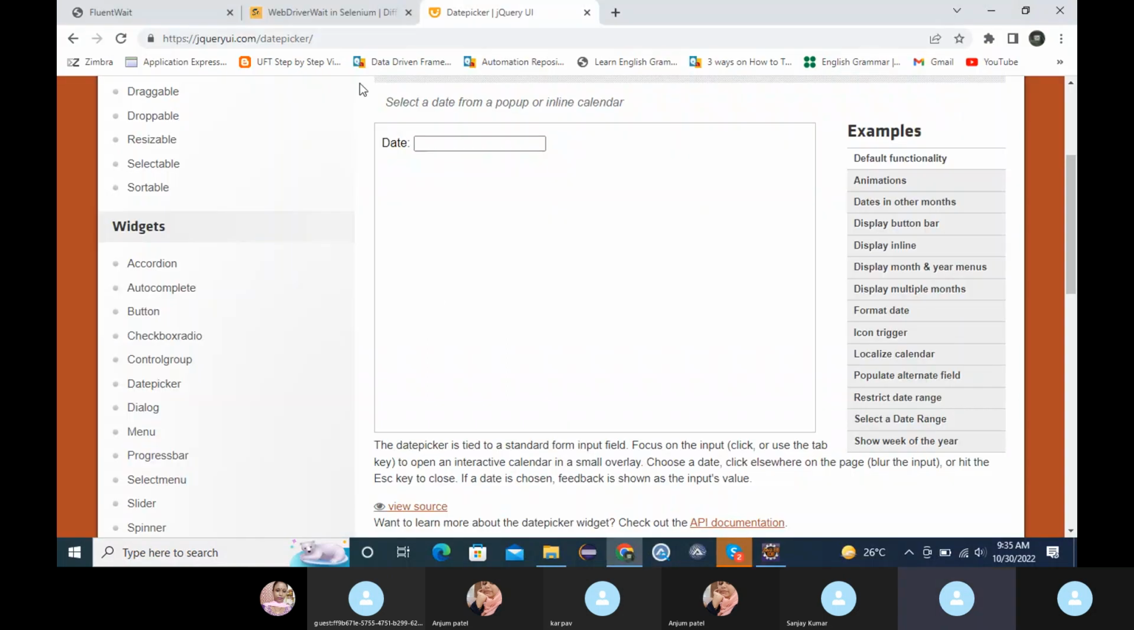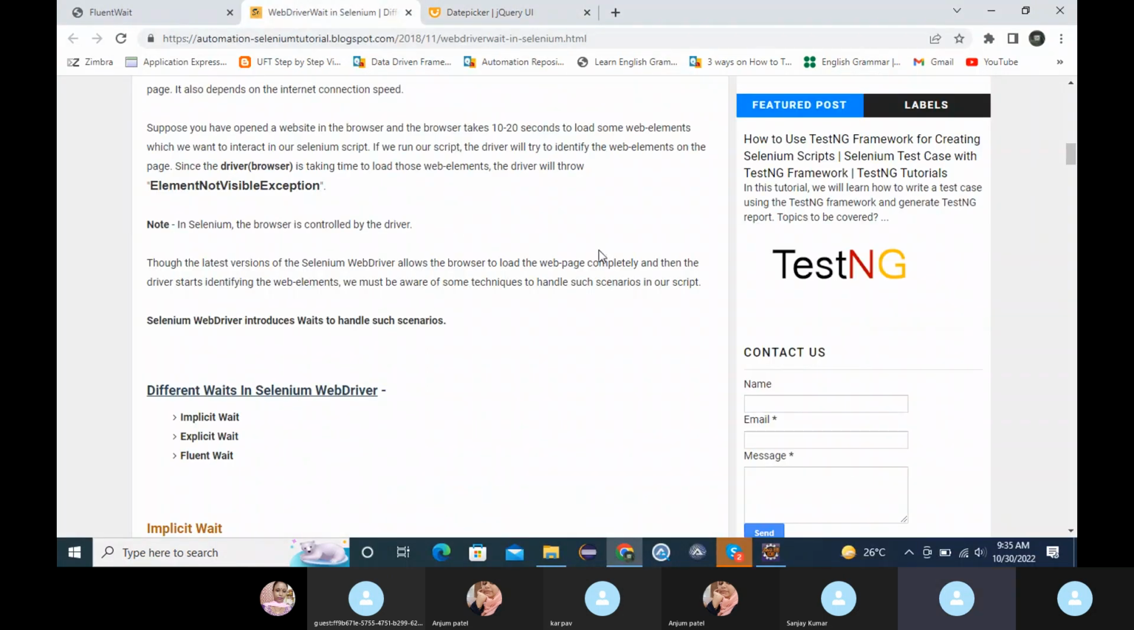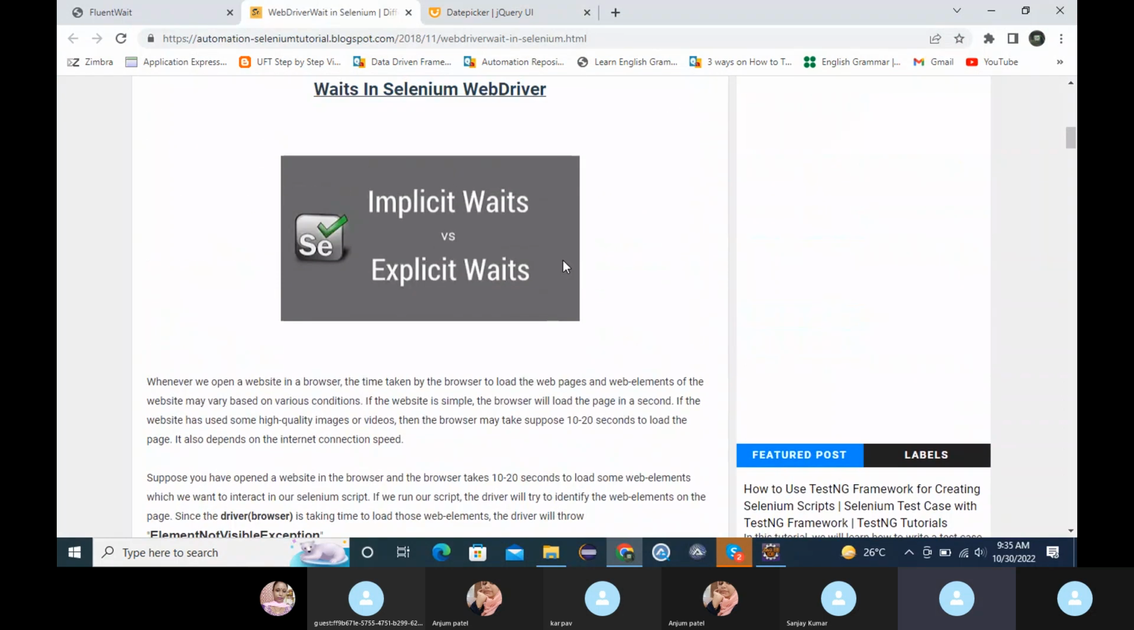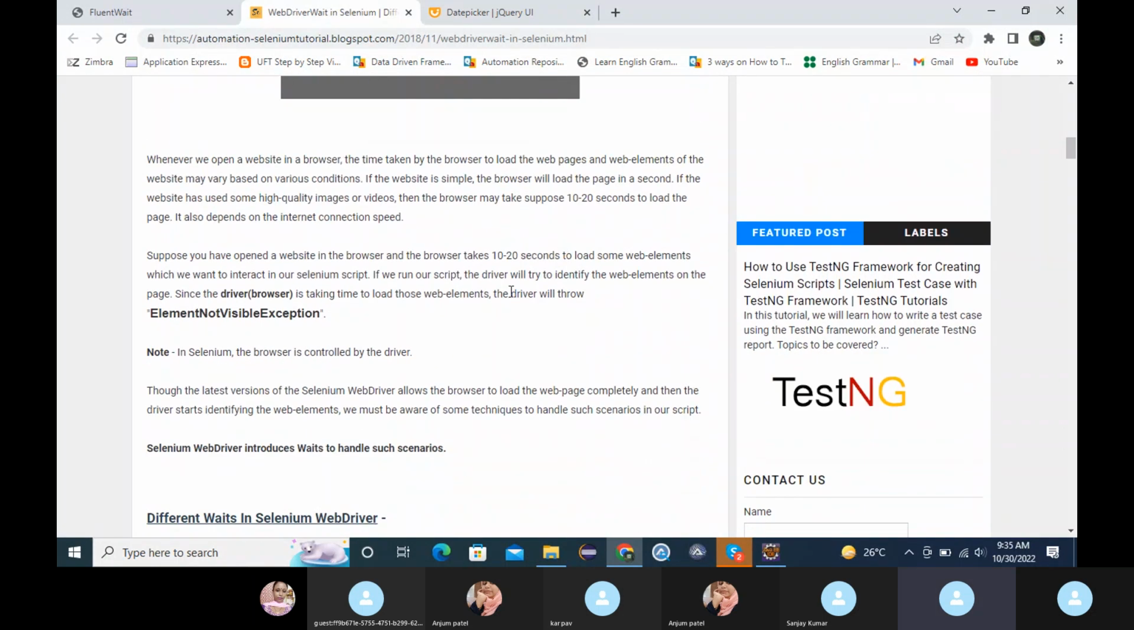There are three types of waits in Selenium. But before that, let's understand why we should use waits. What is the situation where we should use the waiting concept? There is a scenario whenever we open a website in a browser,